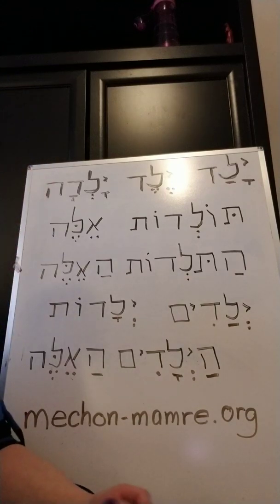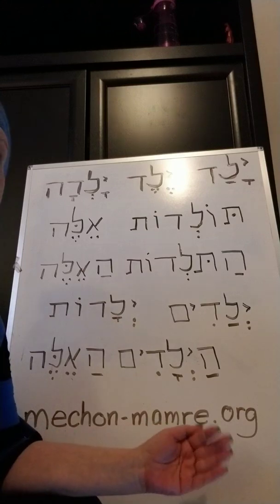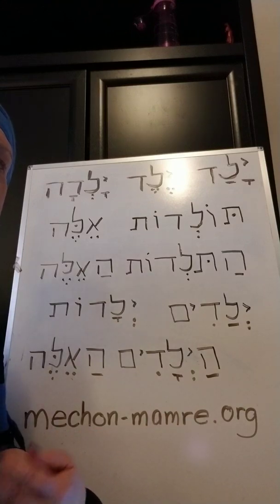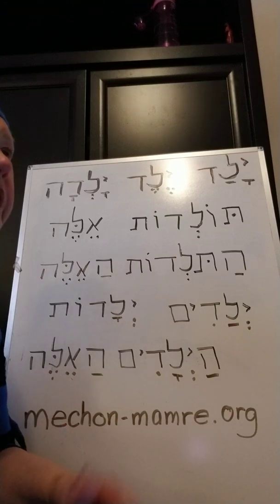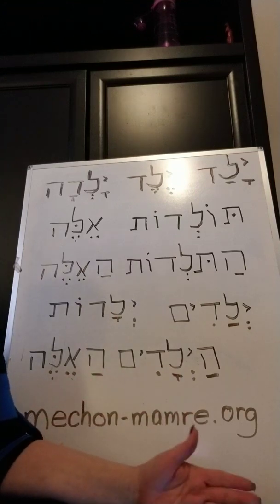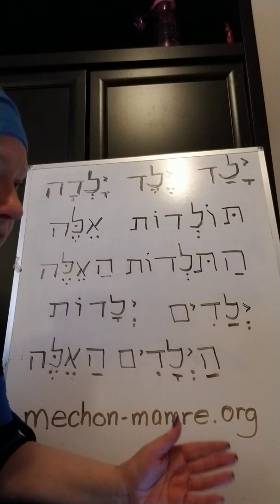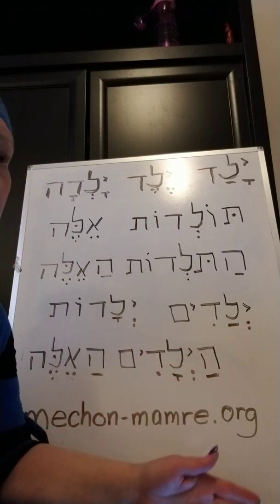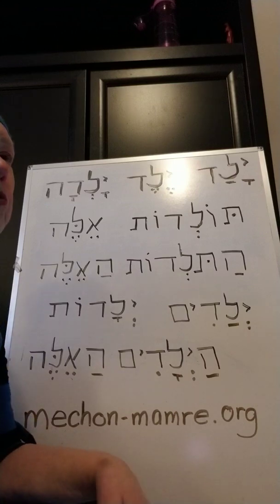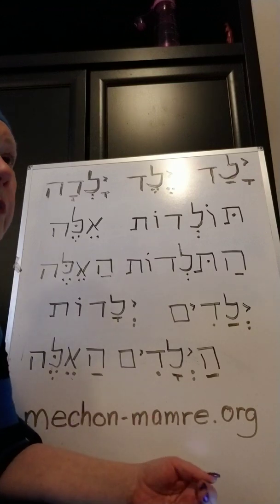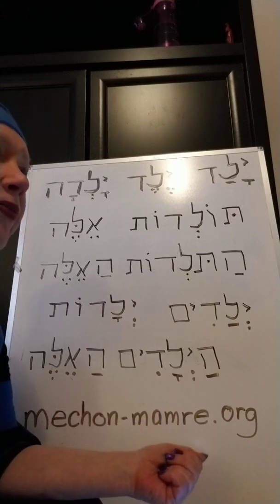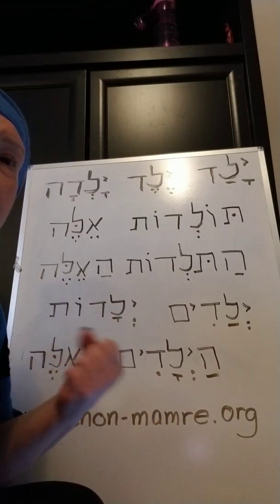The hifil means that it's what they call causative, and a way to see that easily is like with the verb bo. I mean, we sing bo Yeshua bo, come. We know that bo means come if you've sung that song. Well, if you wanted to make bo a hifil verb, it would turn out like he be or something. It'd look very similar, but it would sound very different. And that would mean to cause to come.